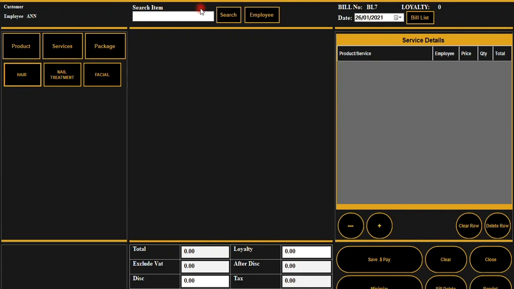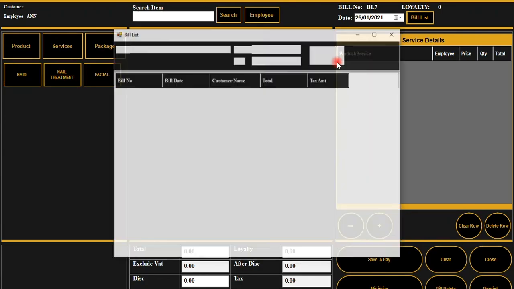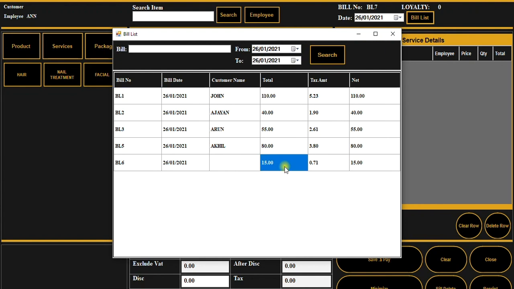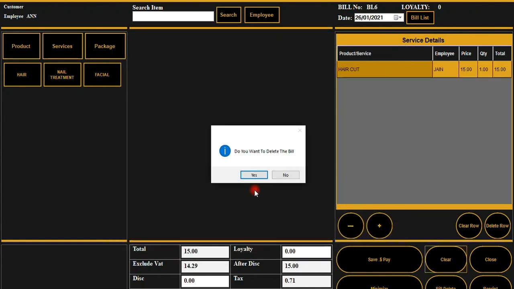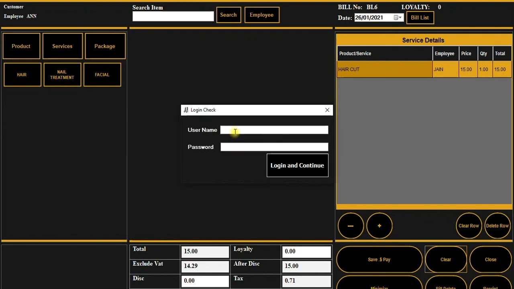over. Now if I go to a new customer or a walk-in customer, right, and I want to change the staff and everything, it can also be changed. So I go to the bill list, right, and here I take it. Here I can even change the name, and I can delete the bill as well. So it is written, do you want to delete the bill?